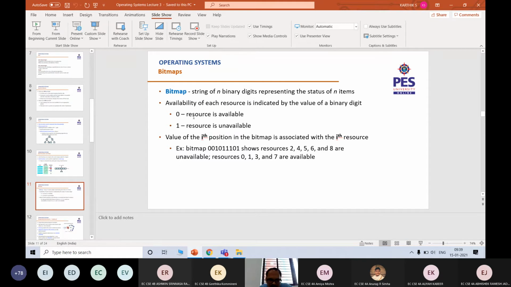Since we are talking in terms of bits, say 8 printers can be represented using just 1 byte, 1 bit for every printer. 8 printers can be easily handled with 1 byte of data. So that's the advantage. It is very space efficient, and retrieval is going to be very simple in this case.